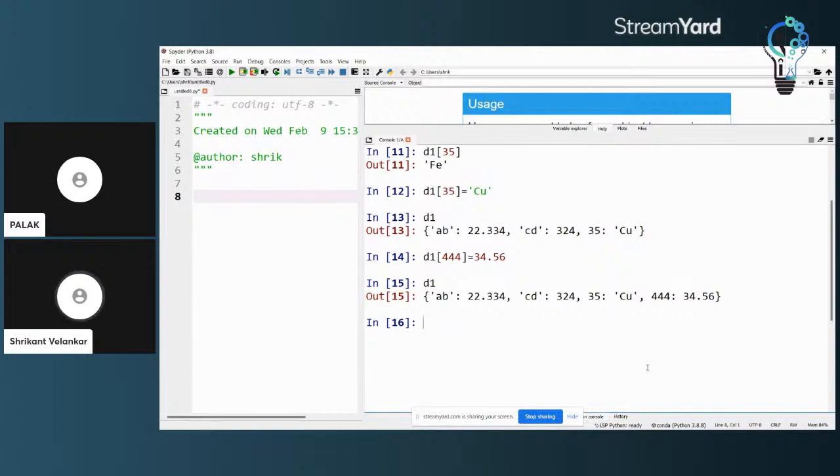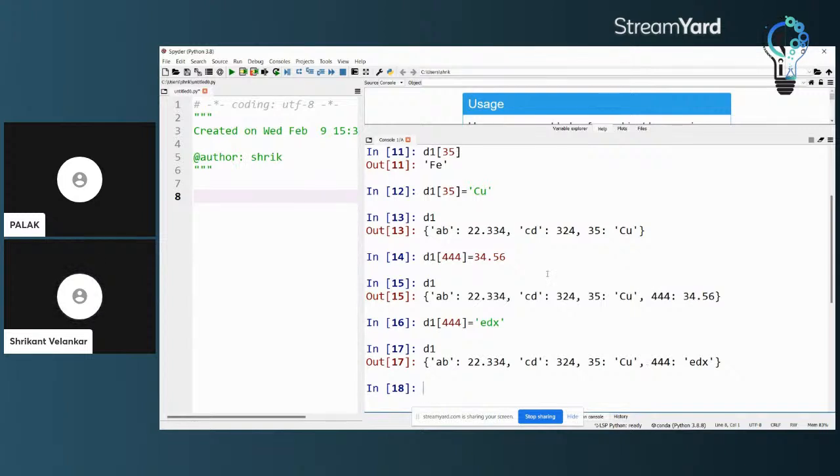So adding an element to the dictionary is also quite simple: you just add the key inside square brackets for that particular dictionary and assign a value to it. Now the key 444 is created. Only the key cannot be changed. I can delete the whole element or I can change the value of 444. If I say, "I don't like this value," I can set the value to EDX. I can do that, and you will see that now key 444 has the value EDX.